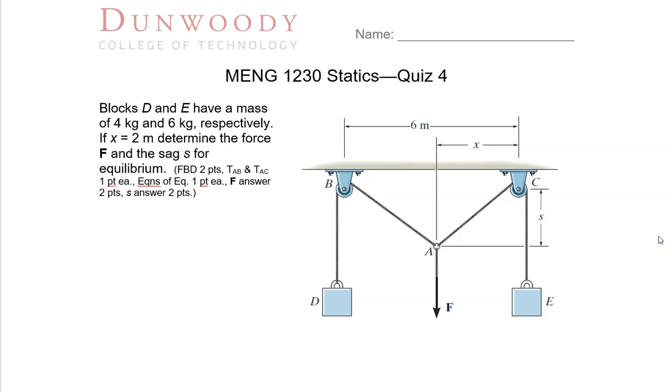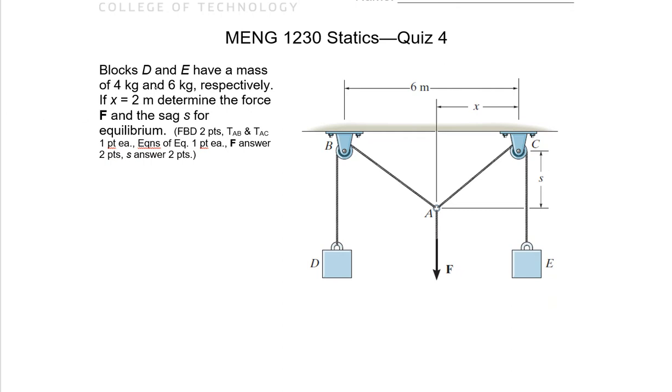Okay, we'll work through the solution to quiz 4 in Mechanical Engineering Statics 1230. So we're given this problem description. We have a block D with a mass of 4 kilograms and block E with a mass of 6 kilograms. They're acting down here. We're told that X is 2 meters, so we can fill this in. This is 2. We don't know S. This is 2. This must be 6 minus 2, so this must be 4. This is also S on this side. And we need to find the force F and the sag S to